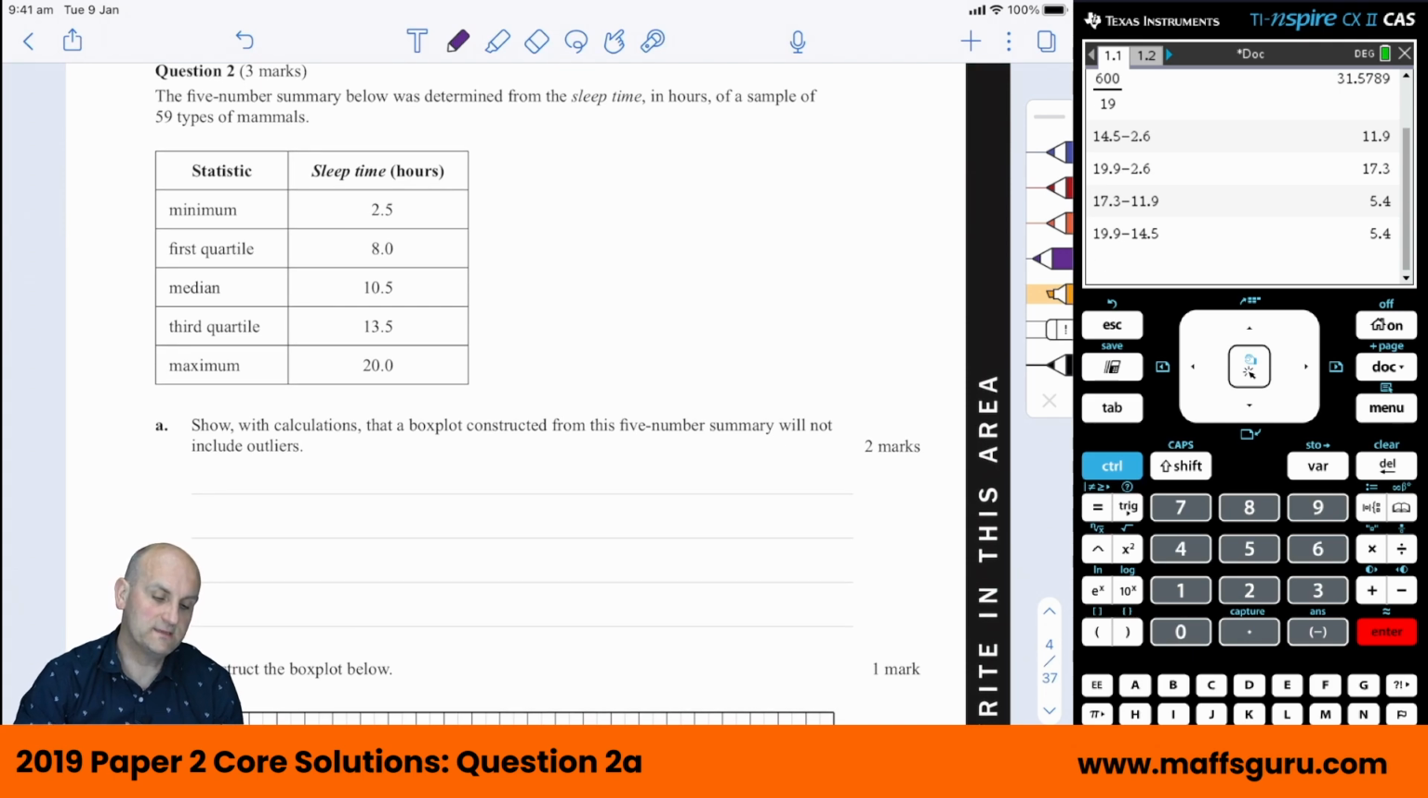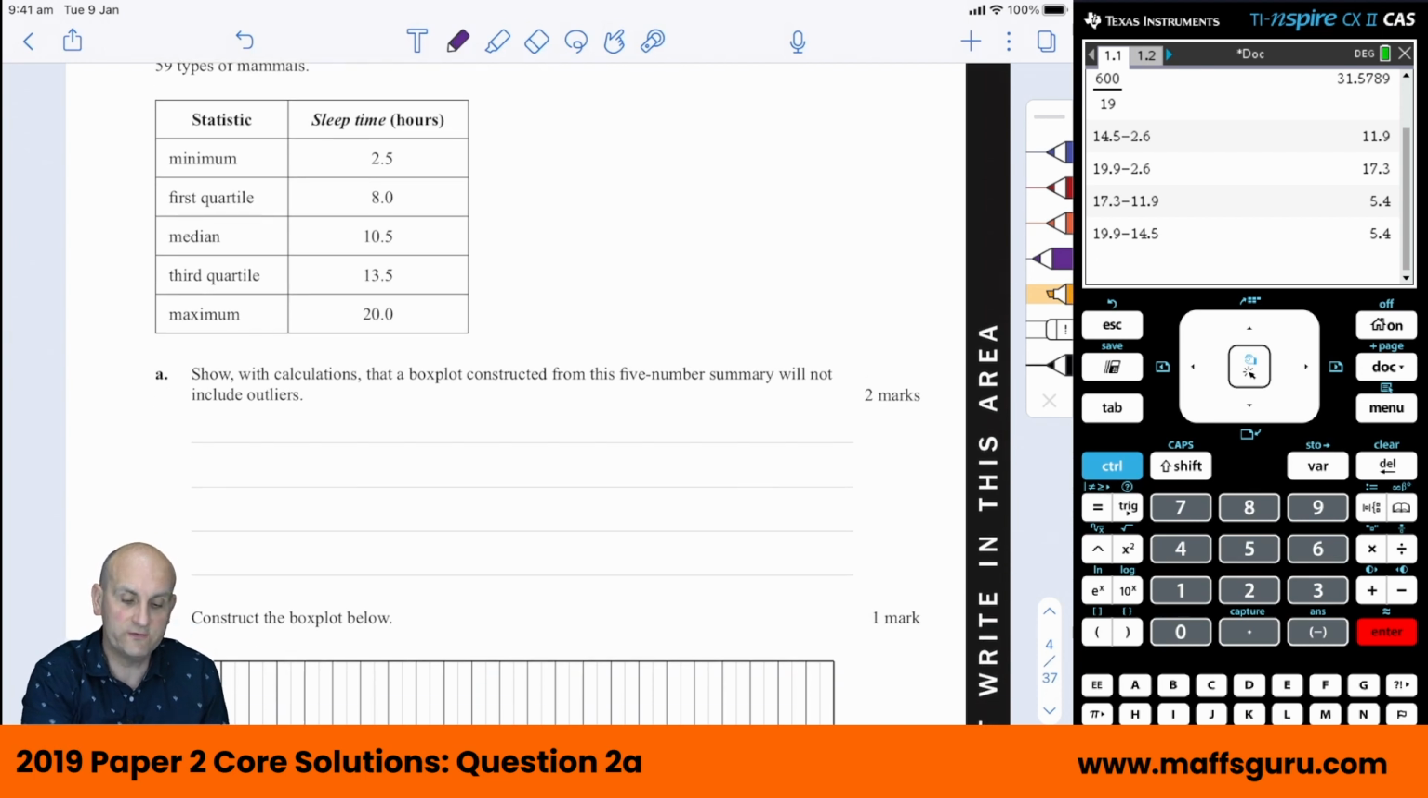Question number 2. The 5 number summary below was determined from the sleep time in hours of a sample of 59 types of animal. Show with calculations that a box plot constructed from this 5 number summary will not include any outliers. All right, so